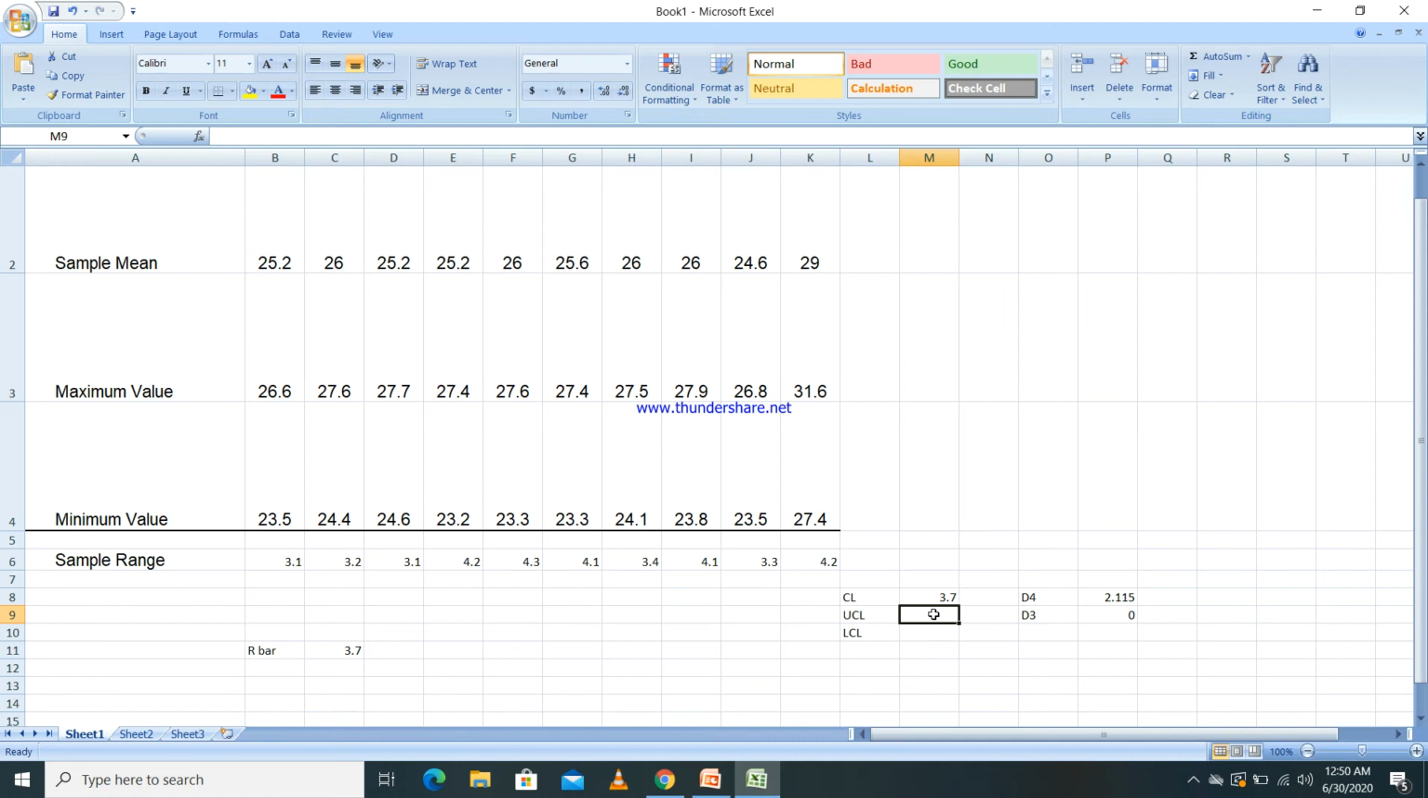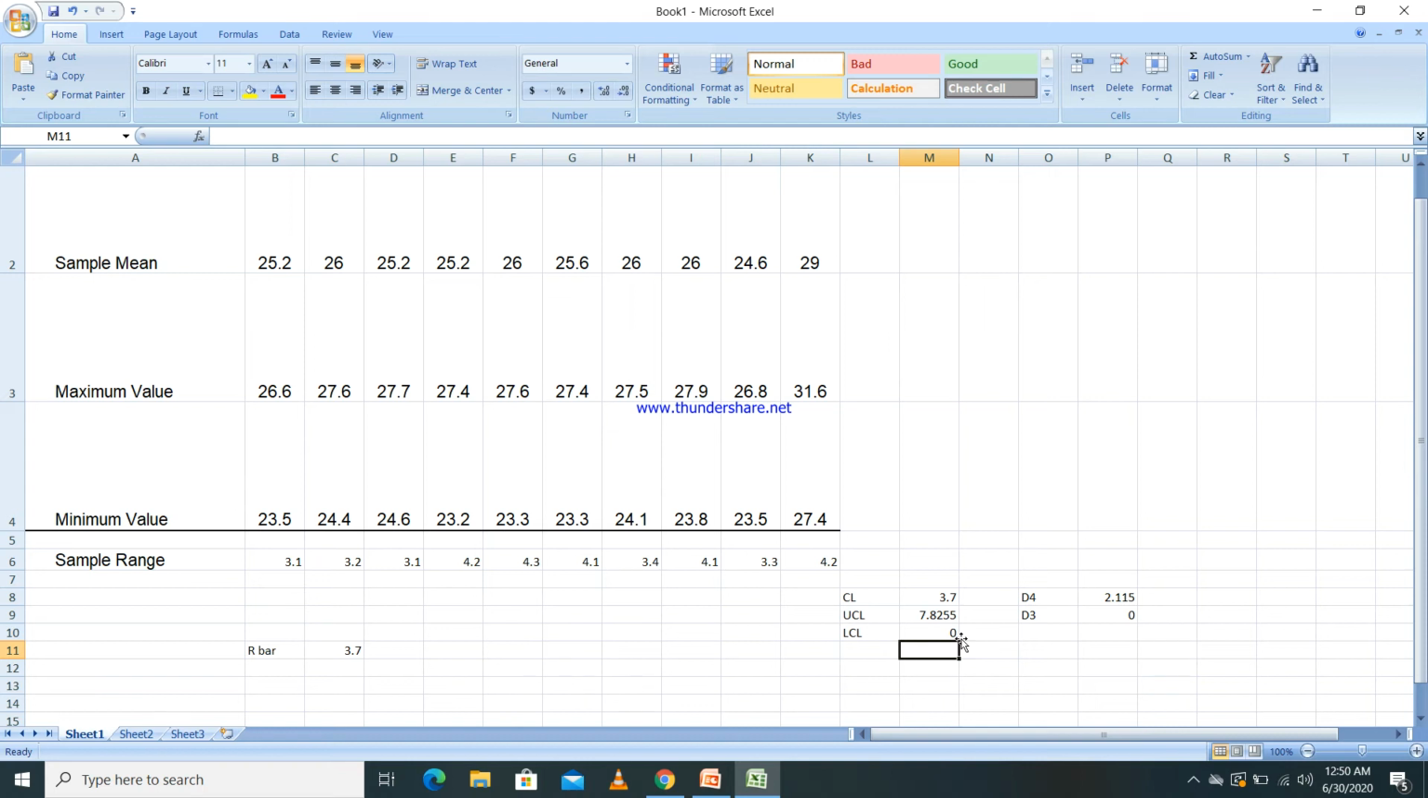So now we can construct the UCL and LCL, upper control limit and lower control limit. The upper control limit is D4 times R bar, that is 3.7, and the lower control limit is D3 times R bar, that is 3.7. So you have the central limit as 3.7, the upper control limit as 7.8, and the lower control limit as 0. Right? So now you have to construct your